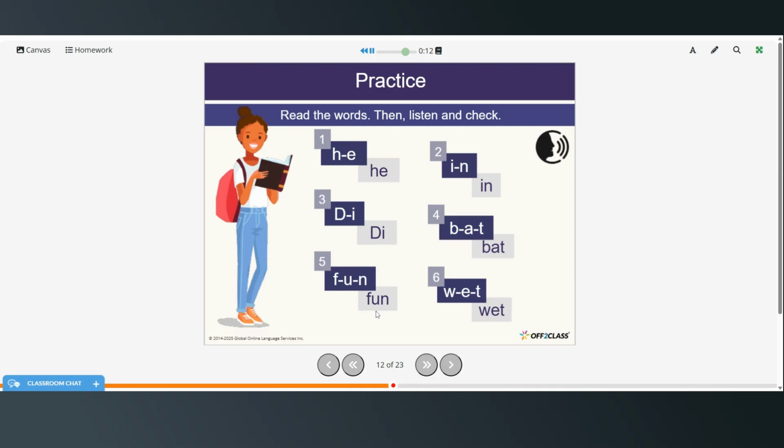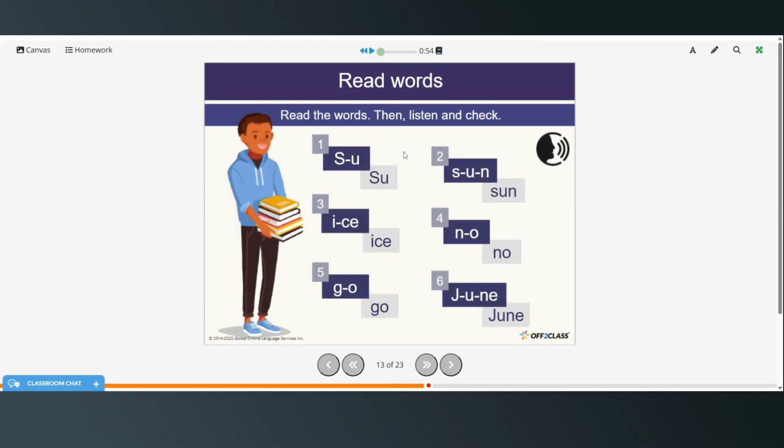N. Fun. W. E. T. Wet. All right, now practice sounding out and reading these words, and then when you're ready, restart